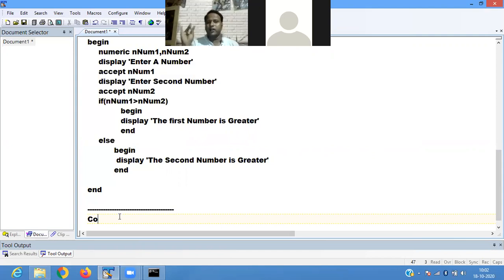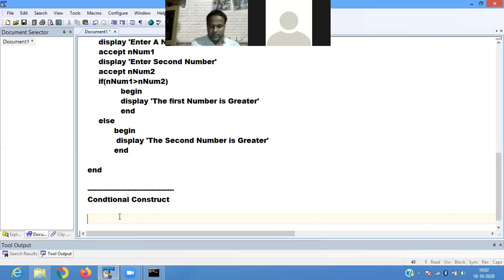For the conditional part, the construct, or the way of representing the conditional part, we're using if. You can write here conditional construct.